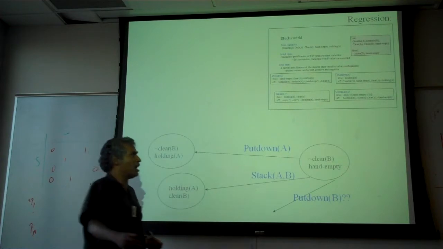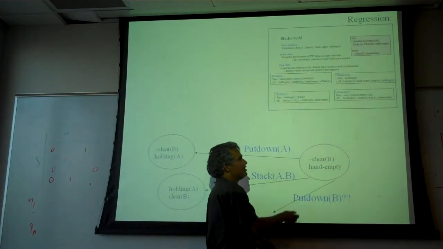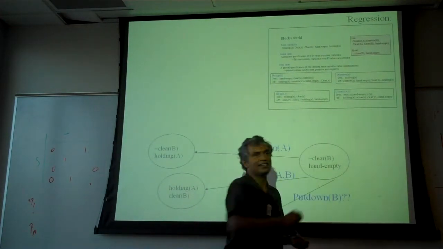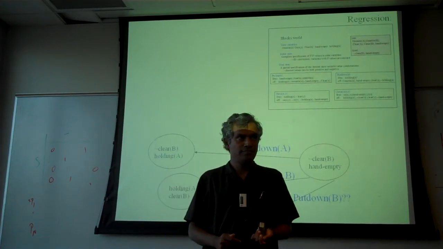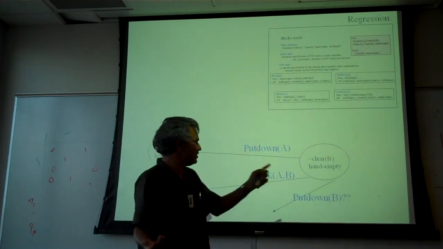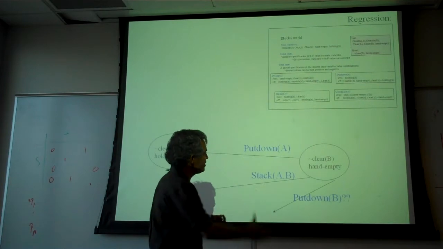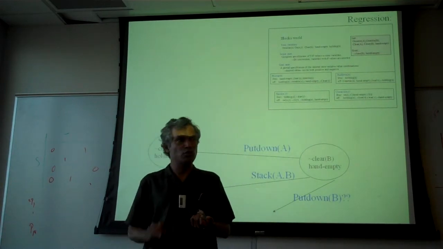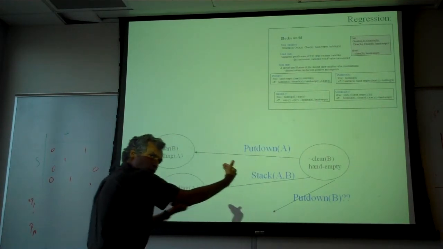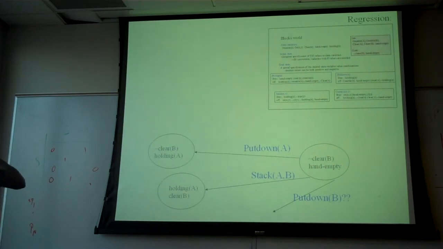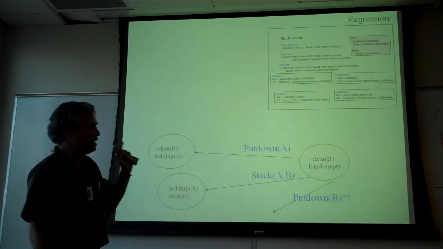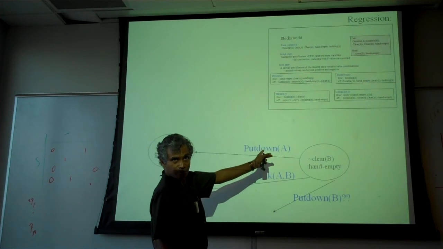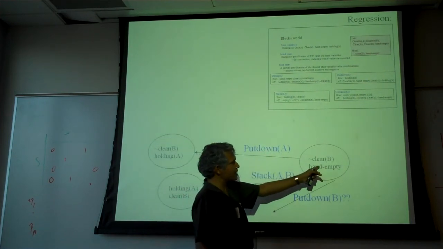But suppose I'm using an action which gives this, but it violates this. Then there is no point in regressing this state over that action. Because this is the very last guy that's going to be there. Remember, now the plan is being grown in the backward direction and it will be executed in the forward direction. This will be the last guy that gets done. And this guy will give this and will remove this,